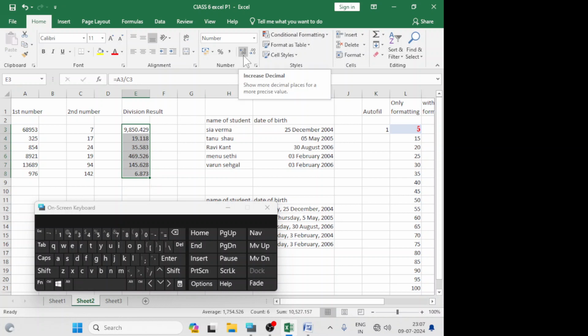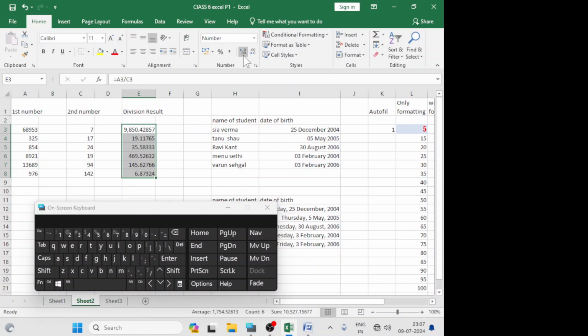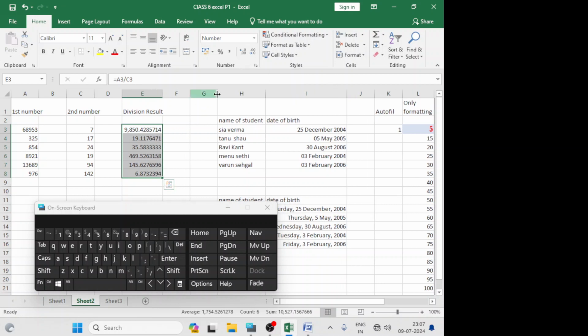This is known as Increase Decimal. You see that the digits after the decimal are increasing, and by clicking on this you can decrease the decimal digits. This time there are two digits after the decimal point. Increase from here and decrease from here. You can set it as per your need. So this is your number formatting.